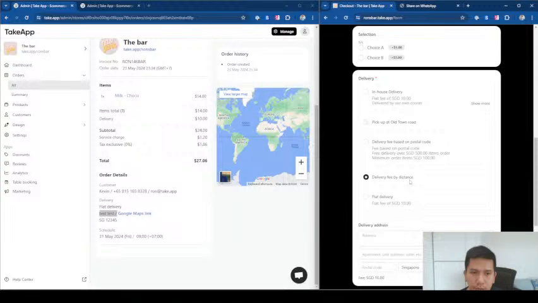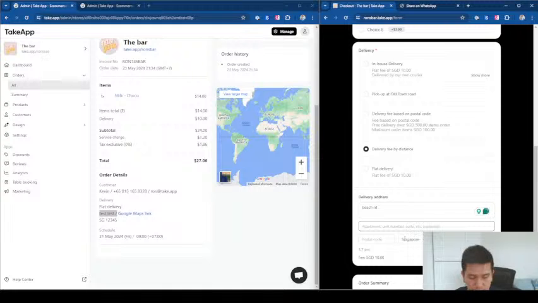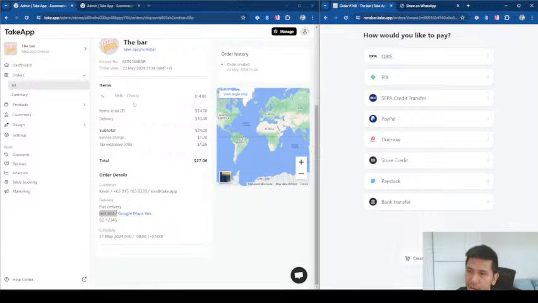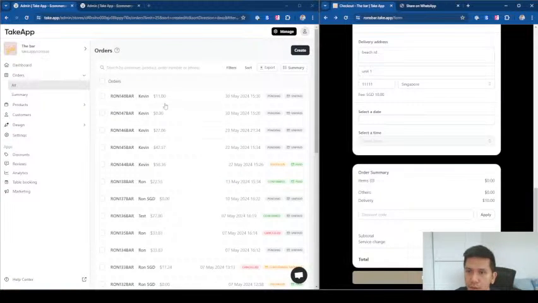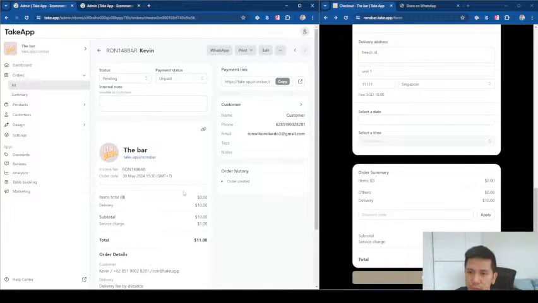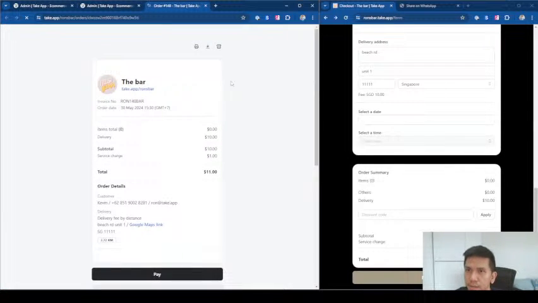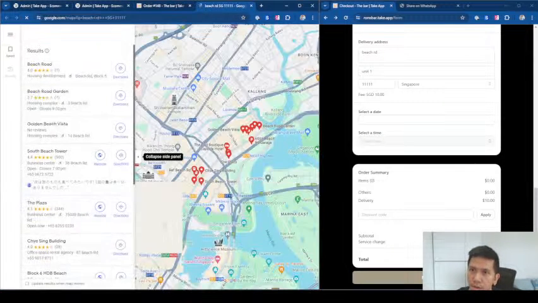Maybe I can create one actual order with an actual address, unit 1, and just put like this. Then I check out the order. This is the new order 1530, as you can see. Here you can see the Google Map links being shown correctly. If you click on the Google Map links right here, or the buyer checks the invoice and then clicks on the Google Map links, they will be able to see